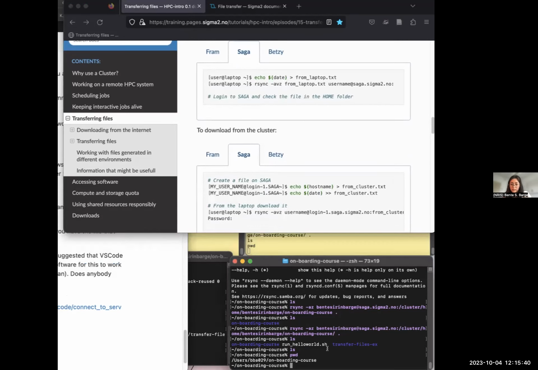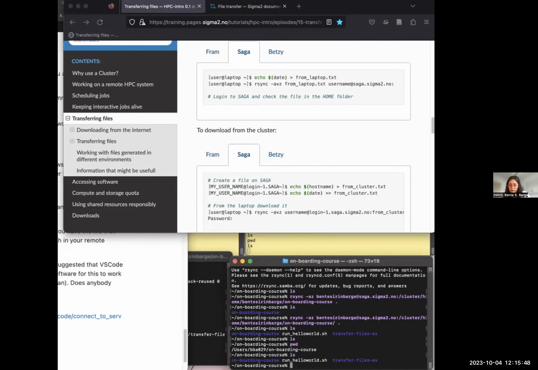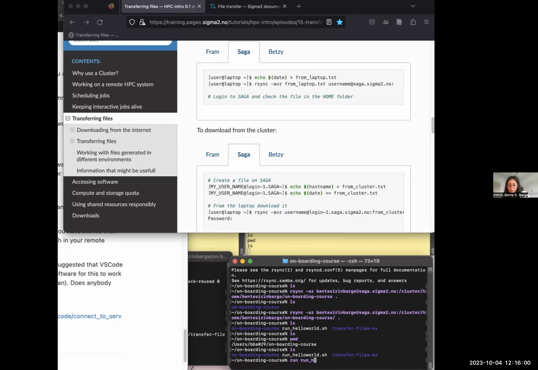But yeah, in my example, I did not use this absolute path. I just used a relative path. Because I am now in this folder, I don't have to specify it when I just write run hello. It knows. It's something buggy here, but yeah, I can just use this. I don't have to use the whole path to this file. And same when I'm using rsync, I can just